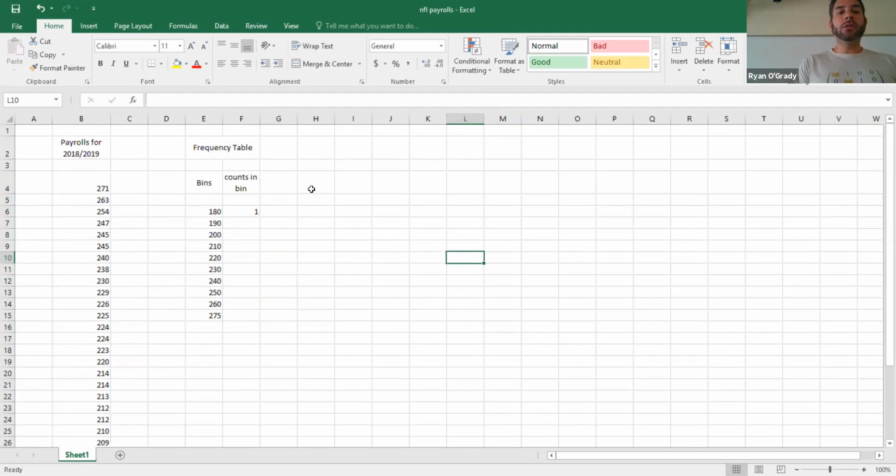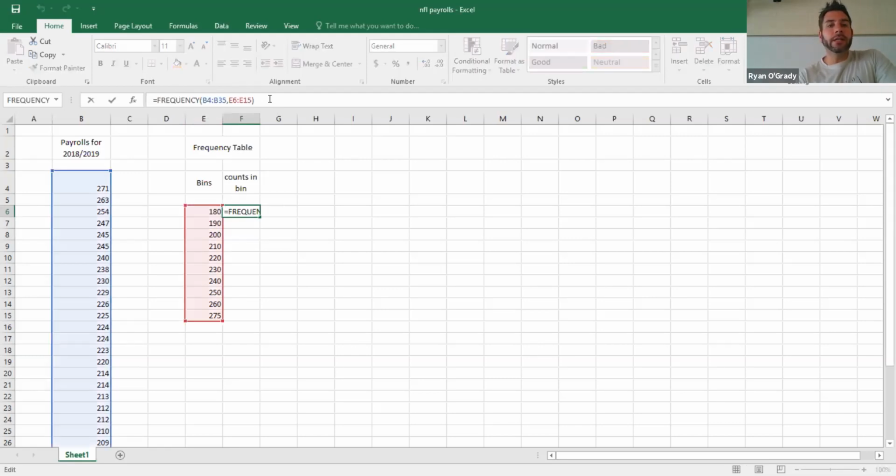But now I'm going to remember that O'Grady kept talking about this Control-Shift-Enter nonsense. So I'm going to go back and highlight this 1. For those of you unfamiliar with how Excel works, up here on this bar, this is telling you what is the corresponding thing in this cell down here. And I want this frequency thing to generate this way. If I would just hit enter, it's going to do what it did before. But if I hit Control-Shift-Enter,